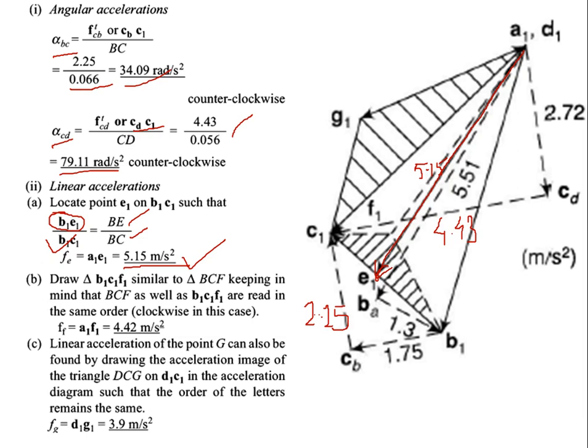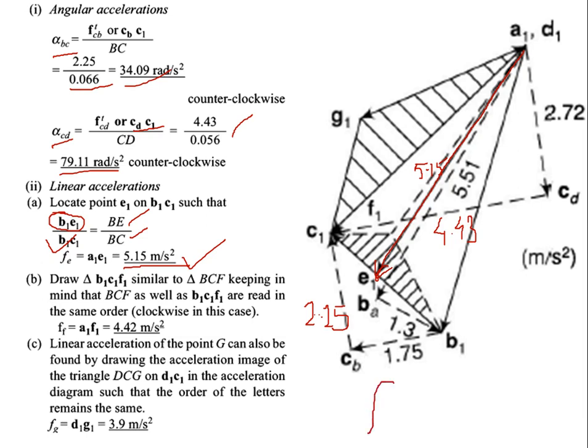Okay. So next, sir, it is B1 E1, no sir. Not A1 E1. It is B1 E1, sir, not A1 E1. A1 E1 you have to mark now. A1 E1 you have to draw from this line. After locating B1 to E1, what is the acceleration of any point? Always it should be from the initial point.